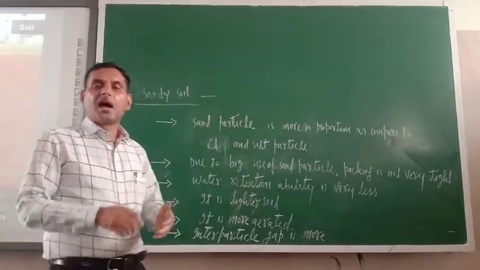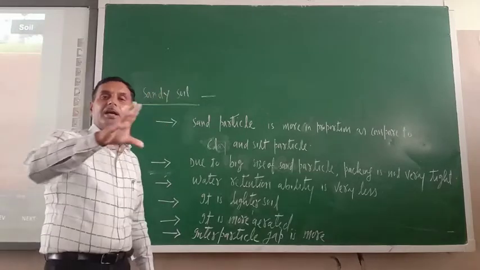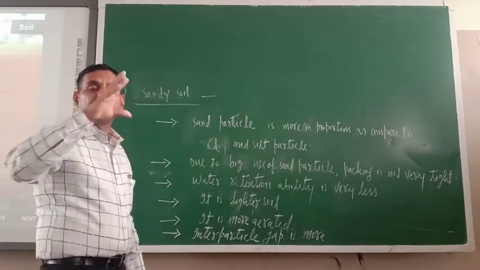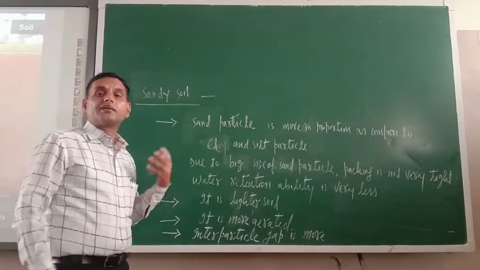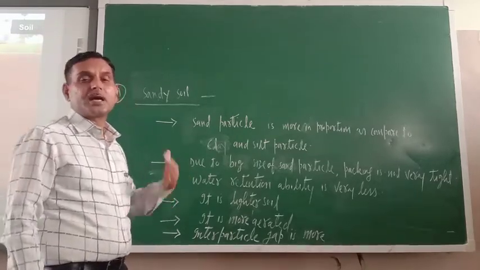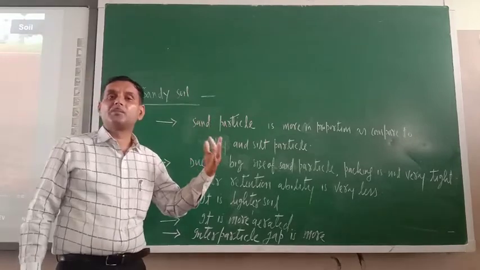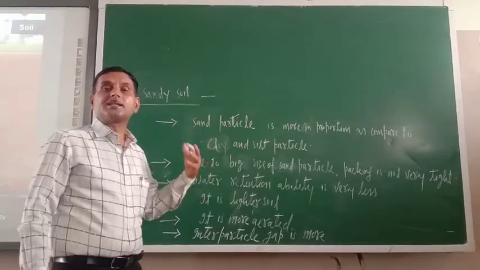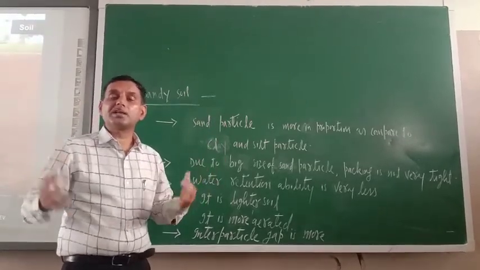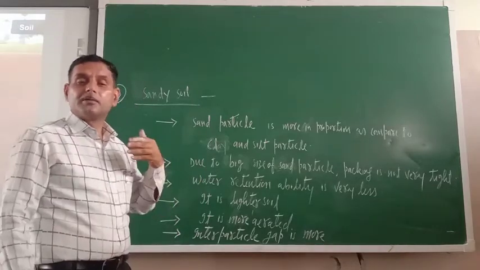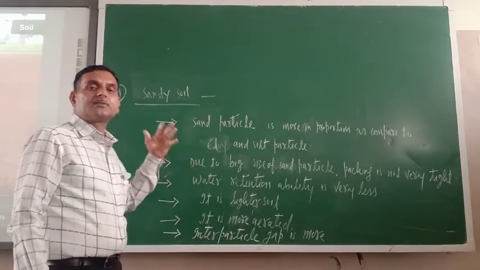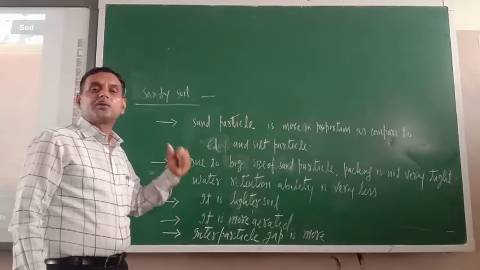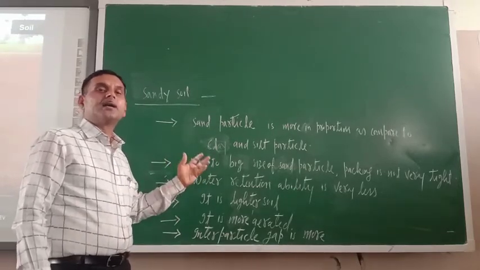And do you know, for the growth of coconut and for the growth of dates, this soil is the best soil. In Kerala coconut is more, in Karnataka also coconut trees are more. These two states and some parts of Tamil Nadu have sandy soil only, because coconut is grown here very much. So sandy soil is the best suitable soil for the growth of dates and coconut.